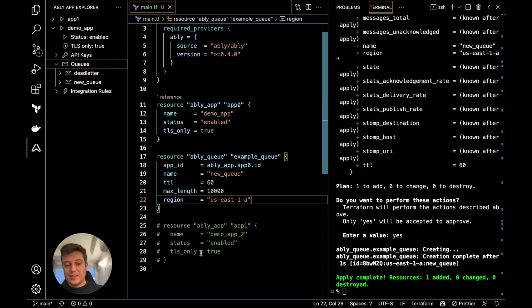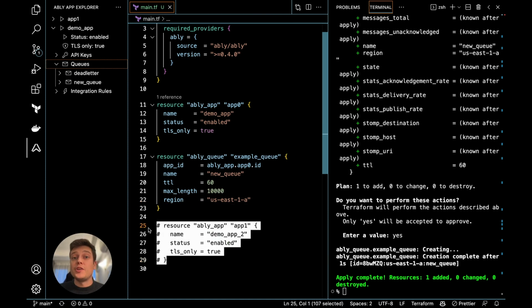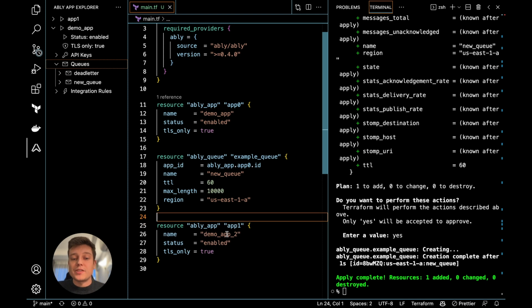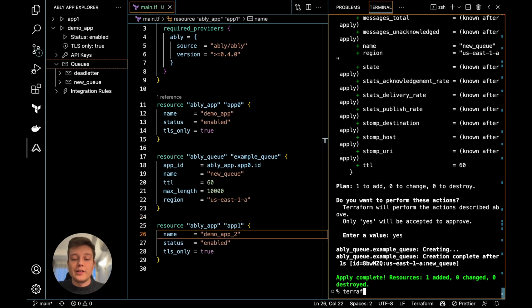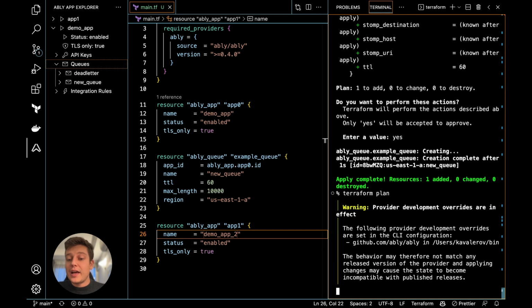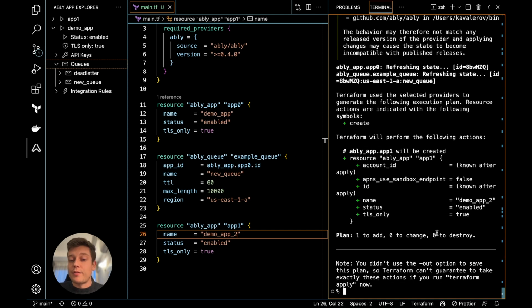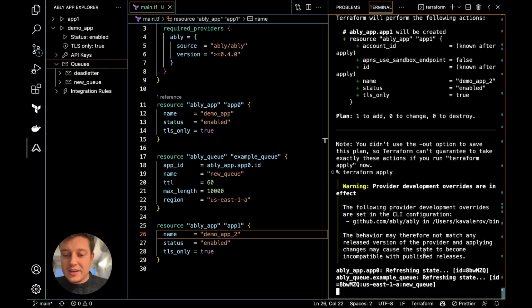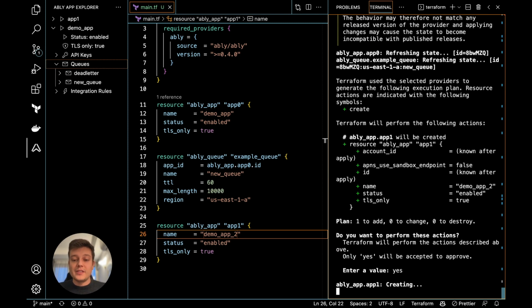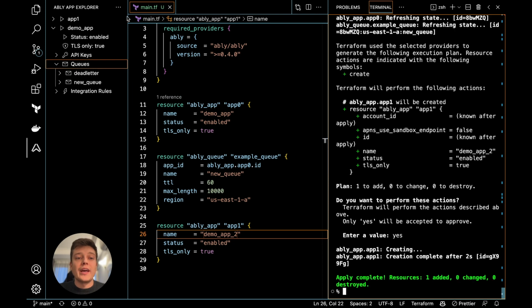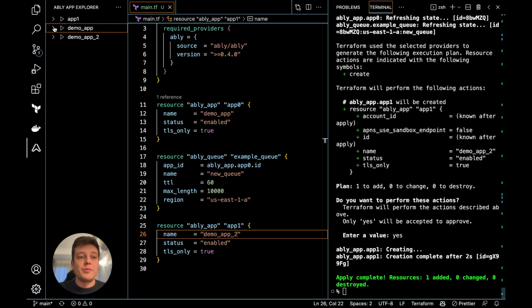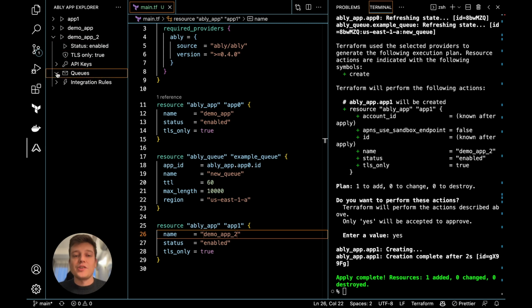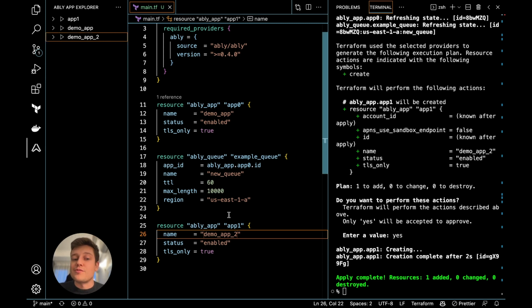Now, imagine you want to build a new app. It's very straightforward. You specify a new app. Let's call it demo app 2, run Terraform plan again. Terraform will figure out it's a new app. Great. Terraform apply. Perfect. This is exactly what we need. Now we have 2 new apps that we've specified via Terraform, demo app 2. And just to be clear, it has no queues in it because we haven't specified any queues for it or